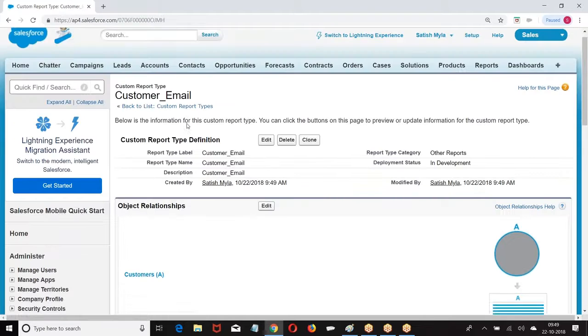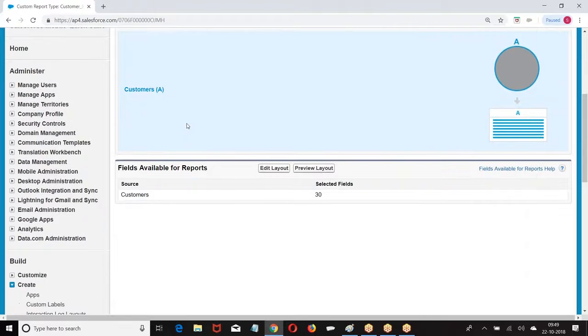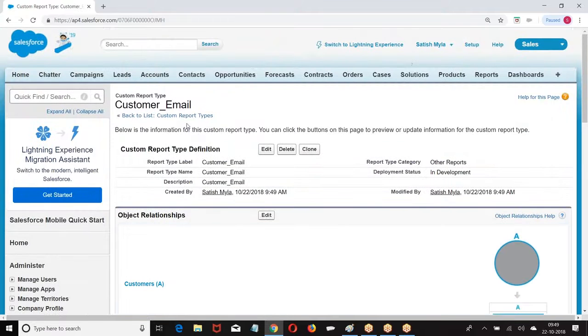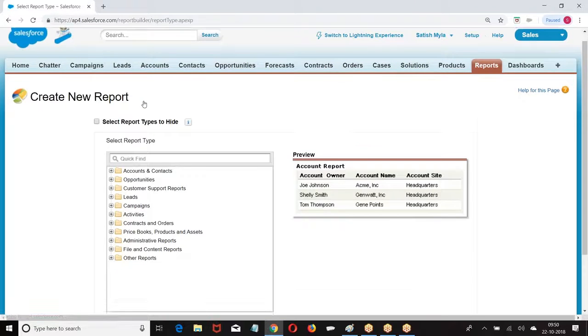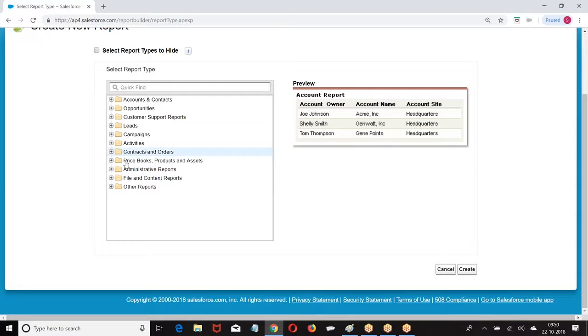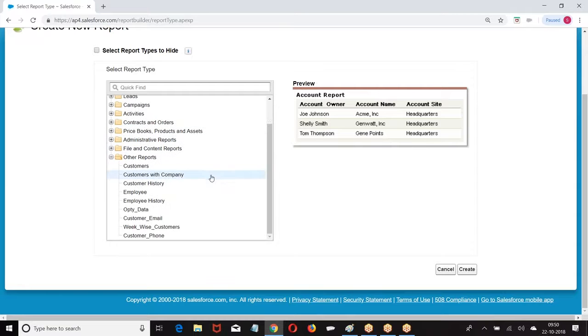Now there are two report types which are created with the customer. I didn't select any fields. There are two report types created on the same object called customer. Now I am trying to create a report here. New report. Then I'm going for other reports. Customer phone.